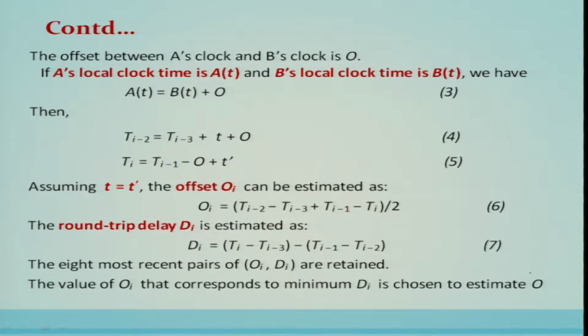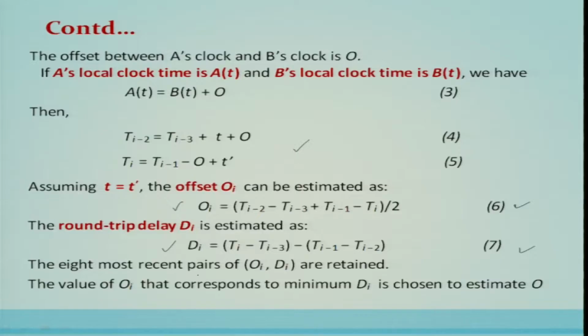So the same thing which we have seen in the previous slides is being calculated. Now assuming t is equal to t prime, the offset Oi can be estimated as Oi is equal to (Ti-2 minus Ti-3 plus Ti-1 minus Ti) divided by 2. Similarly, the round trip Di is estimated as Ti-3 minus Ti-1 and Ti minus Ti-2. Now having calculated equations number 6 and 7,